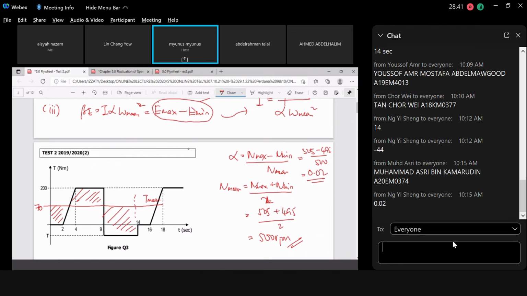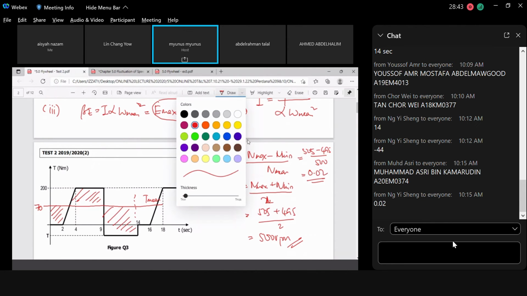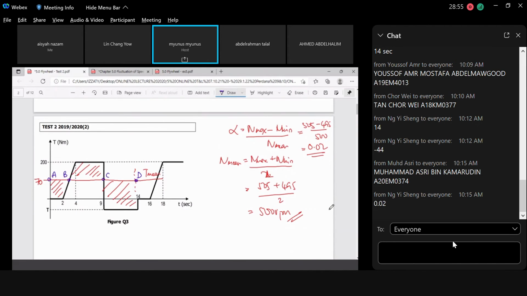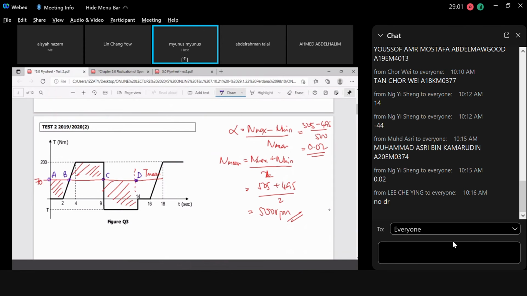It's not very difficult, isn't it? So the next thing before you do anything, you have to look for the intersection points, which will give you this one, put it at A, this one at B, this one at C, and this one at D. Any question up to here? Any question, class? Thank you, Lee. Okay, now we are going to look for